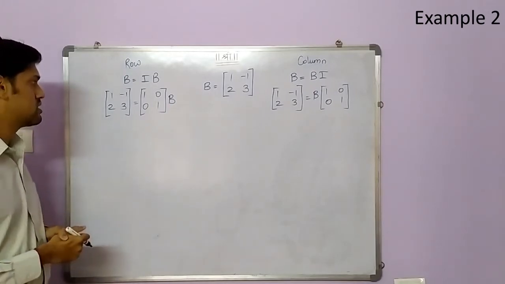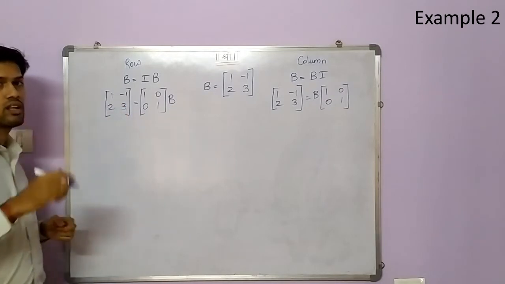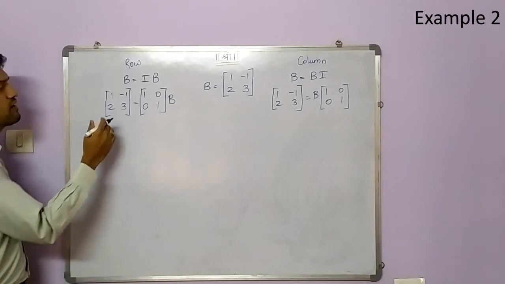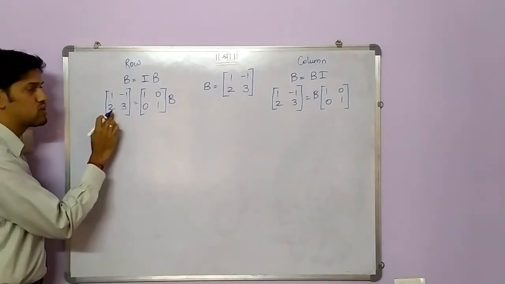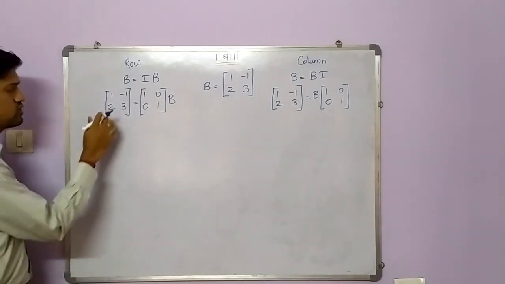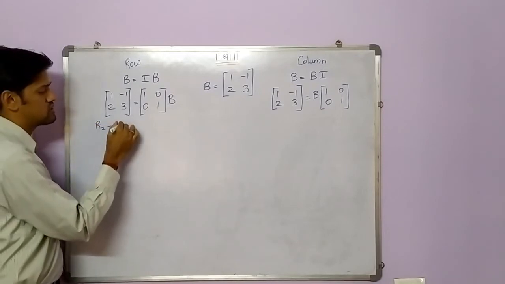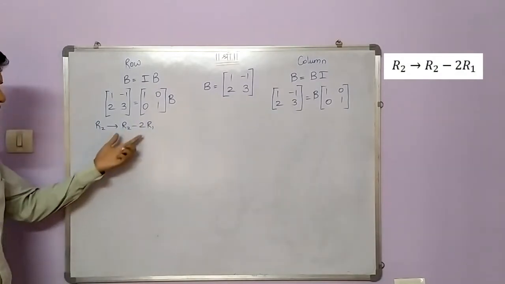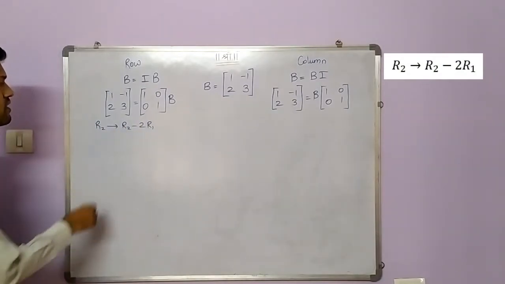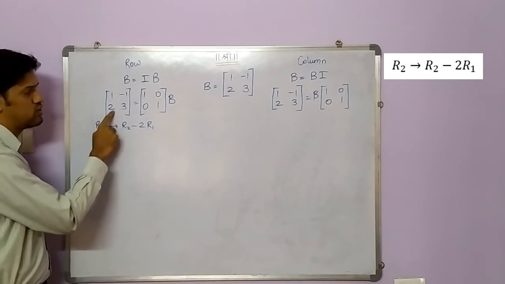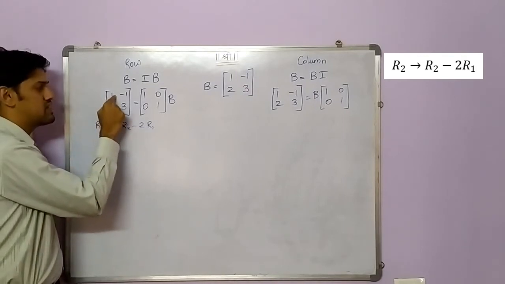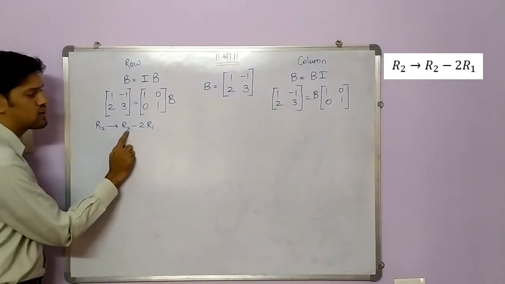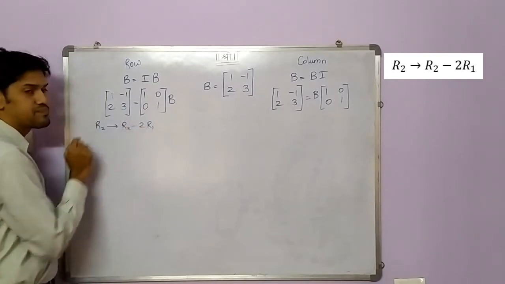So going here, the method is this has to be 1. It is already 1 in this problem, so I did not worry. The next step that I have to follow is to make this 0 using this 1. What I'll do is R2 is R2 minus 2 times R1. Why I have taken this step is because the value of this is 2 and this is 1 here. So if I multiply this with minus 2 and add it, it will become 0. So I have taken R2 minus 2 times R1.